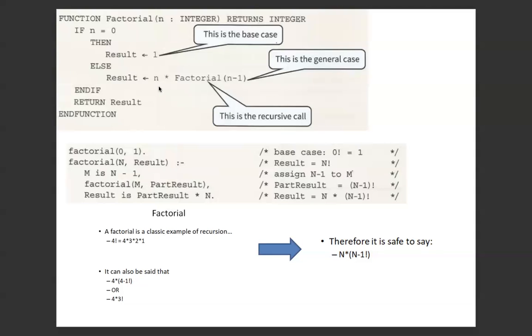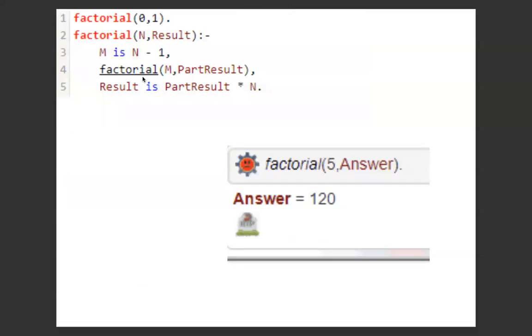Now, how is a recursive function applied in Prolog? This is interesting. This is a fact: the factorial of 0 is 1. Sorry, this is my base case. The factorial of 0 is 1. And this is my general case, where I'm defining a rule that the factorial of n will be result. Now, notice that these are both variables. The factorial of n is result,